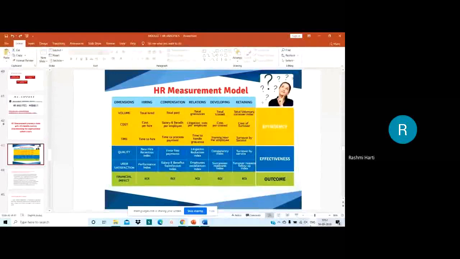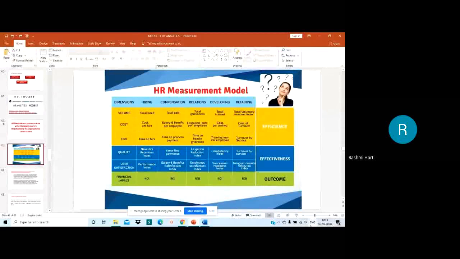Then coming to the next, compensation: error-free payment, very, very important. There should not be any errors. Frequently, if you have errors in payment, probably the employee has worked for the entire month and you are cutting the payment for 2-3 days, saying that he was absent, and then the employee has to come and prove that he is not absent. Okay, if you do not have proper record maintenance in the HR department, that becomes a big problem for the HR department. So it shows that the functions of the HR department are not effective enough, or the employees in the HR department are not effective enough. So error-free payment should be made.